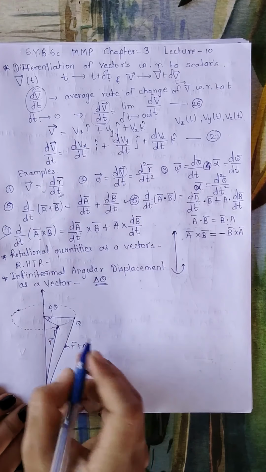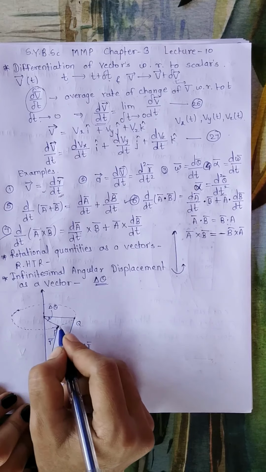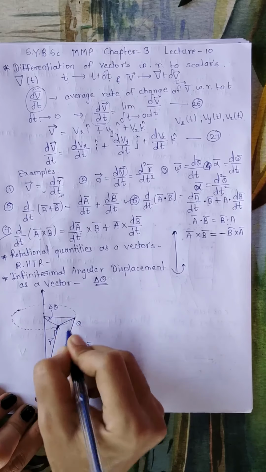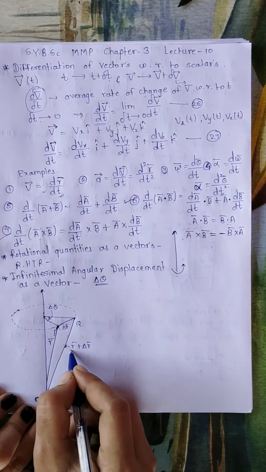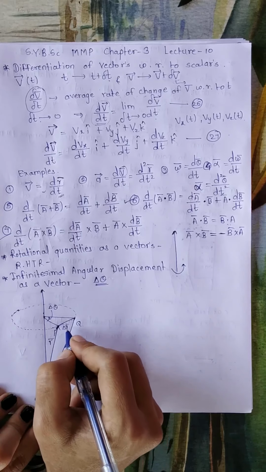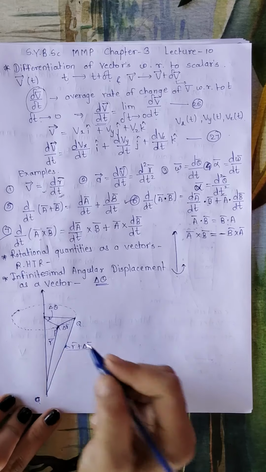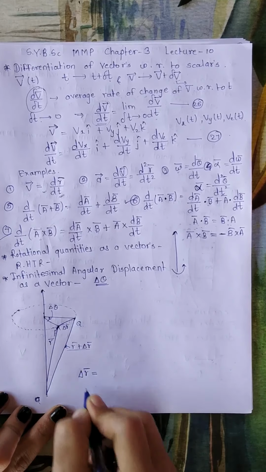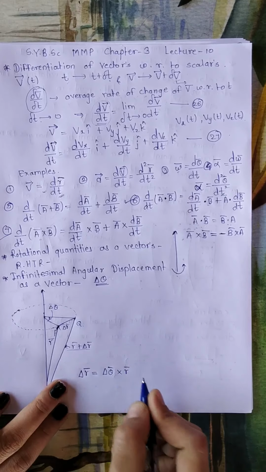So this is the position vector of point P, and due to this the displacement from point P to Q is given by delta R. So this will be our delta R bar, since this is the position vector for point P and for point Q we have given it by R plus delta R. Therefore the small displacement will be delta R bar of the particle, and this delta R bar is vectorially or mathematically given by delta R equals delta theta crossed with R bar.